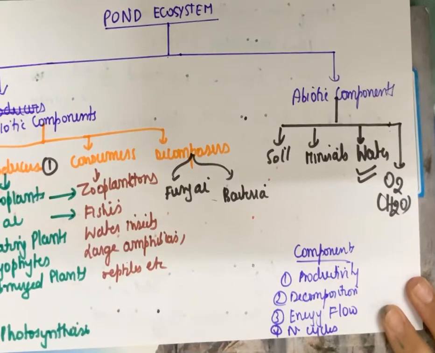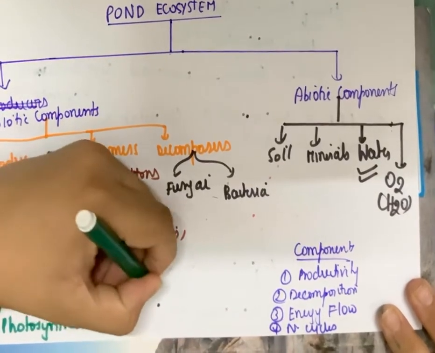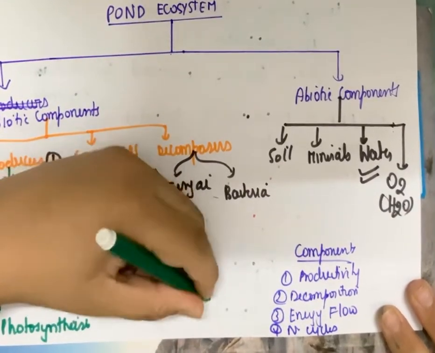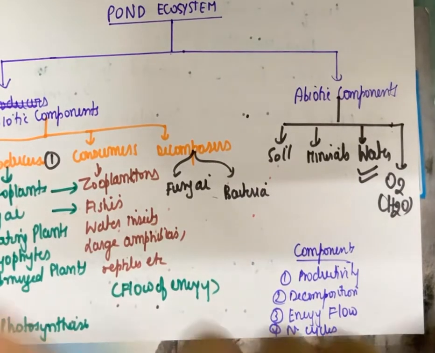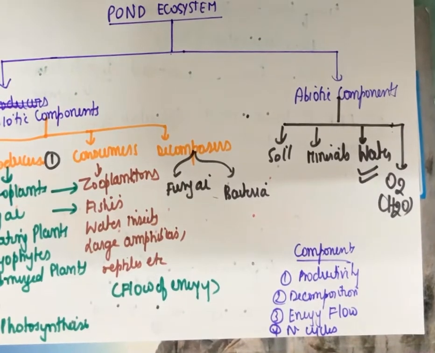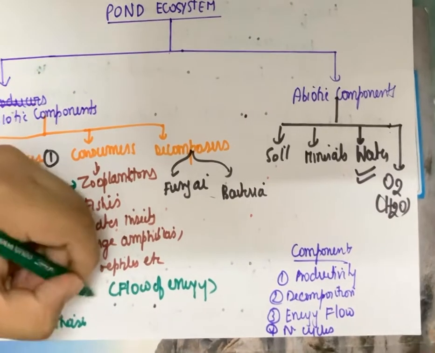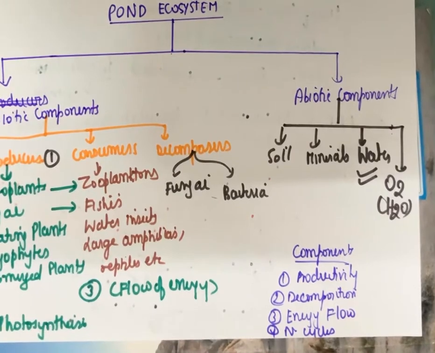And what is actually happening? The flow of energy is happening, because when food transfers, food carries energy, and when food transfers from one type of organism to another type of organism, it is actually a transfer of energy. In my video on energy flow, you will understand this concept in much more detail. So please watch that for your reference as well, and do give a thumbs up if you like it. So that means component 3 is also verified.